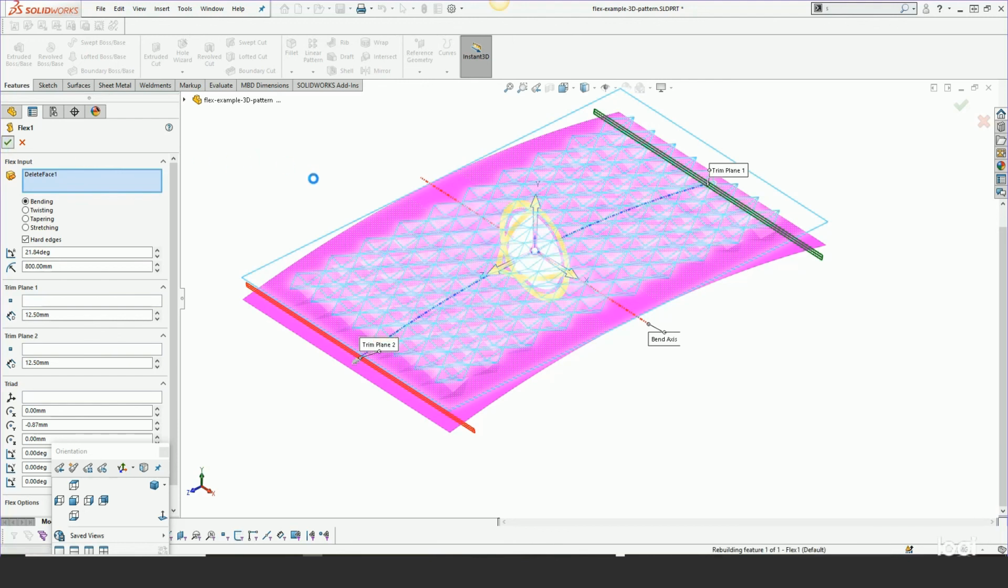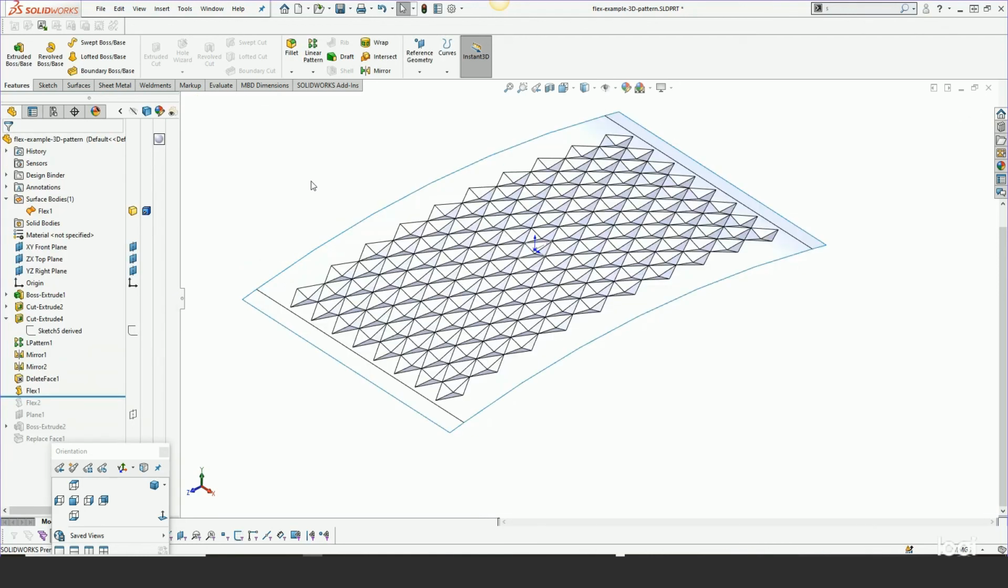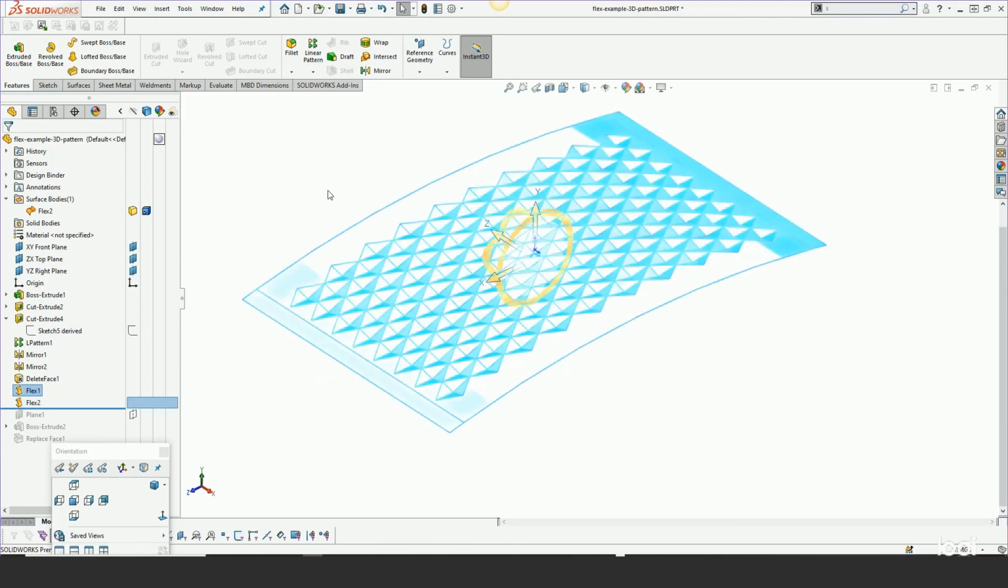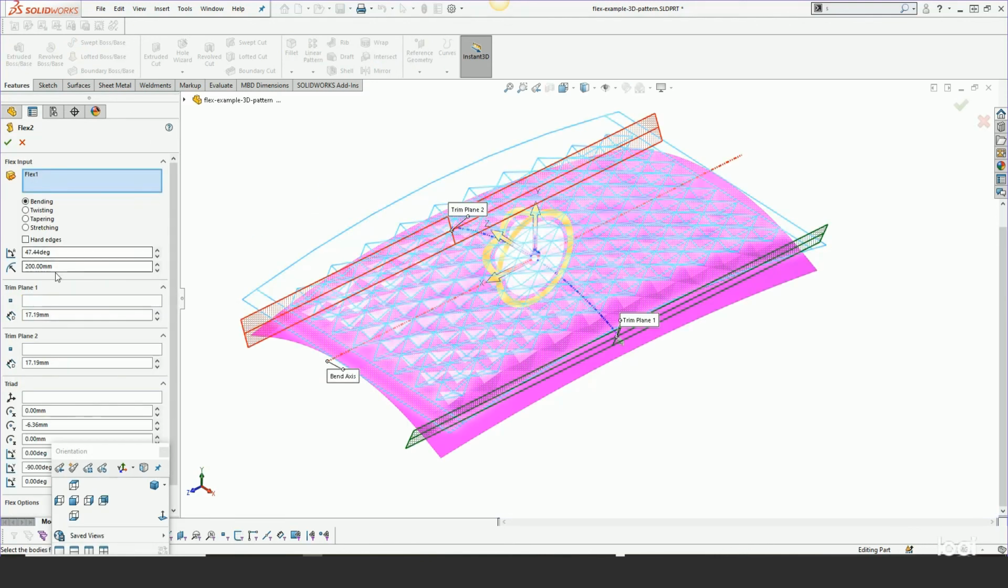But then I apply another flex feature on top of that, and that's the secret here to getting it to be more than just something that you could circular pattern. So we drop down to our second flex feature, and of course it's an expensive feature. You can see here in this one I'm bending it in the other axis by 200. So now I have a toroidal 3D pattern that once I rebuild here,